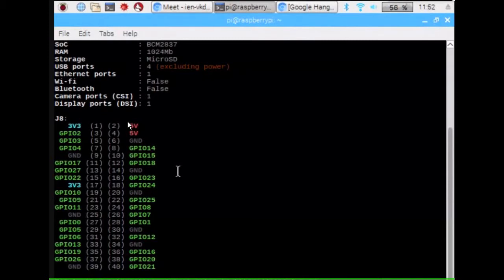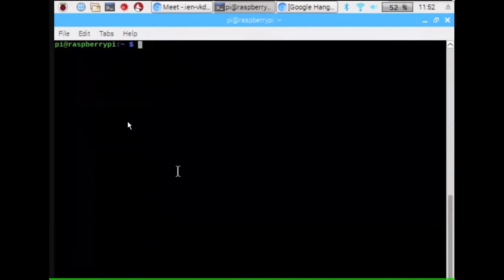Okay, so let's start with our main program. To write this program, first we have to import a TM1637 module. For that, we have to use wget https colon double slash raspberrytips dot nl slash file slash tm1637.py. You have to press enter.